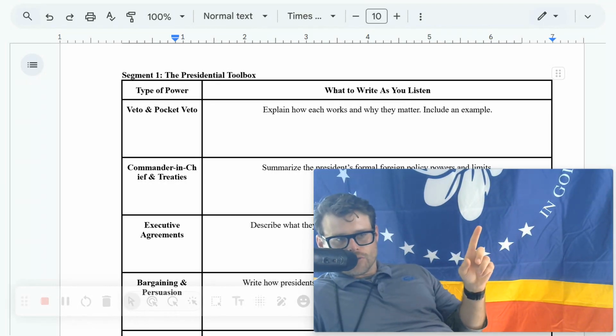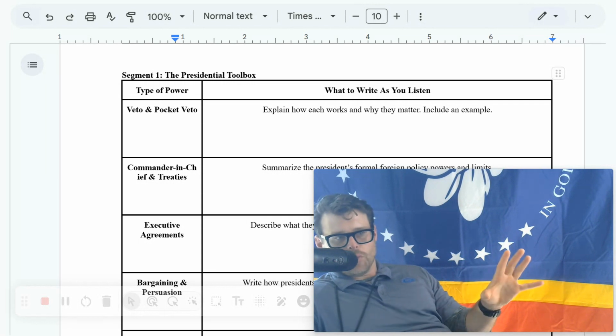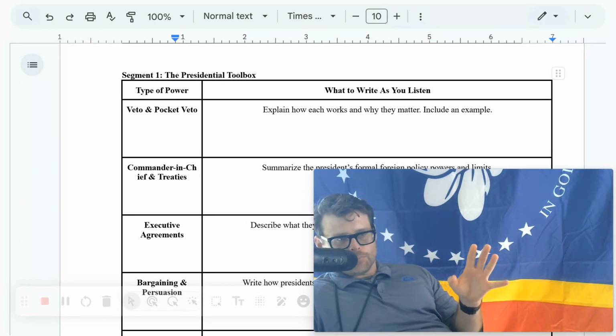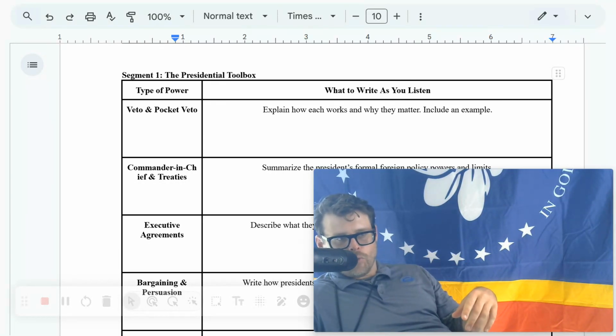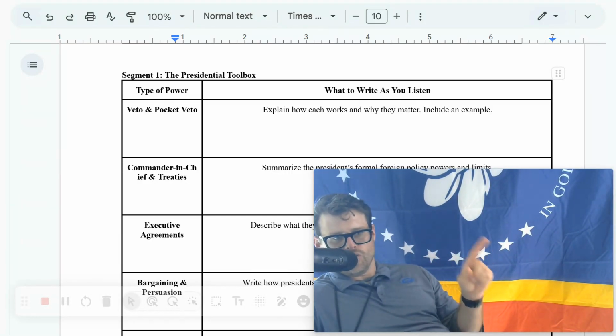Think back to the Articles of Confederation, guys. Spiral in some previous knowledge. We had no executive, no one to protect us from domestic or international foreign threats. Domestic being Shays' Rebellion, right? So we could not handle a crisis, could not energetically step in and save the Union if needed. And so in the Constitutional Convention, with this new Constitution, we created the executive branch.